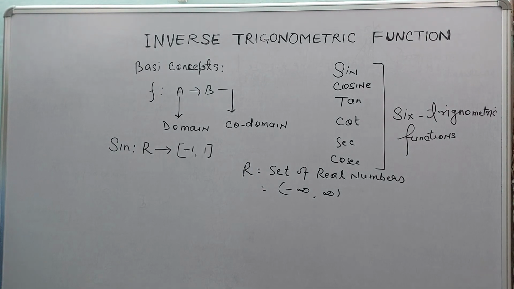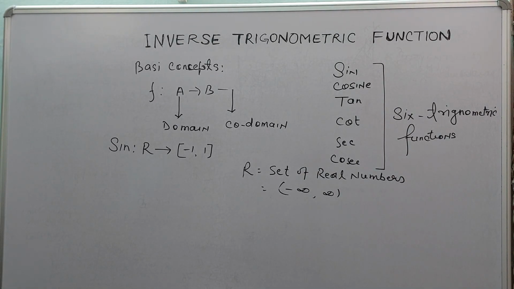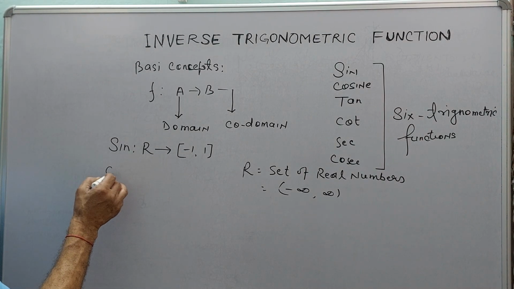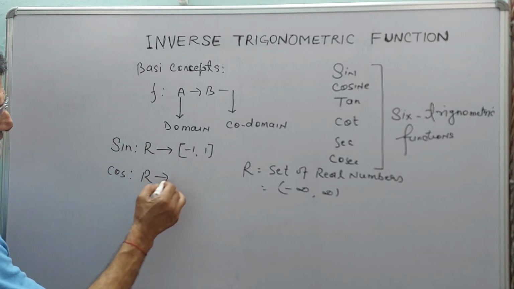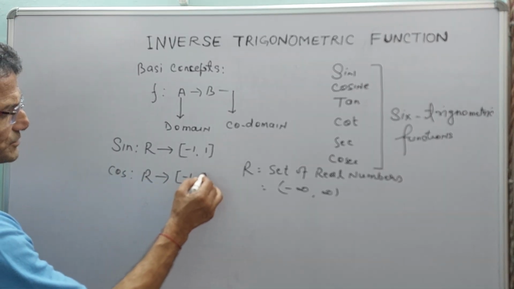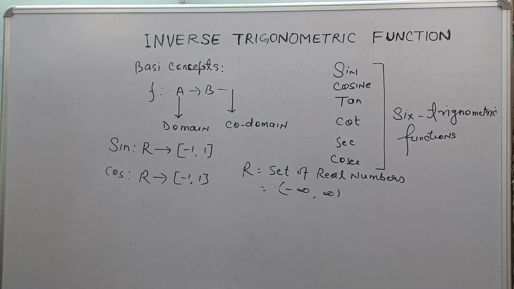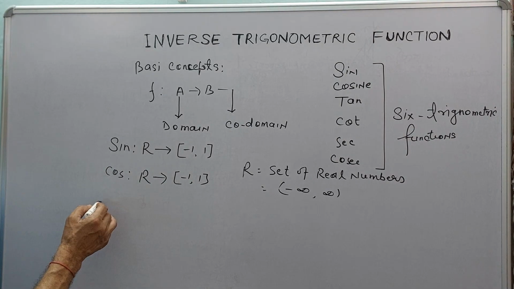Similarly, for the cosine function, its respective domain and codomain will be: the domain is the set of real numbers R, and its codomain will be -1 to 1. And similarly for the tangent function,